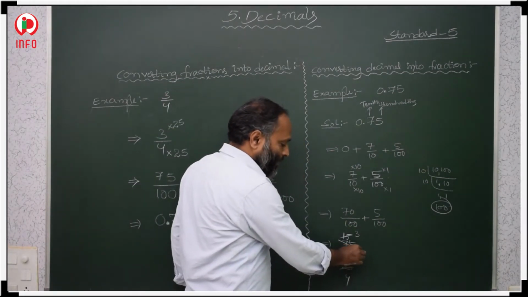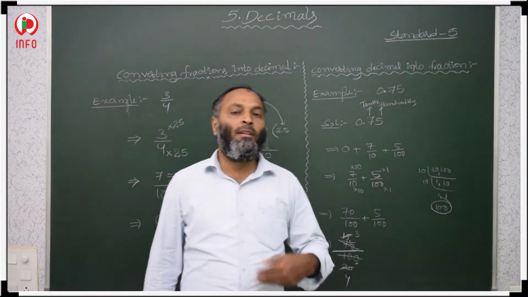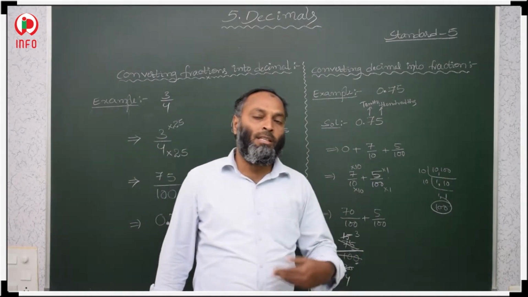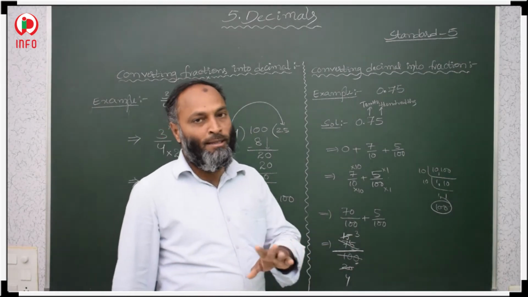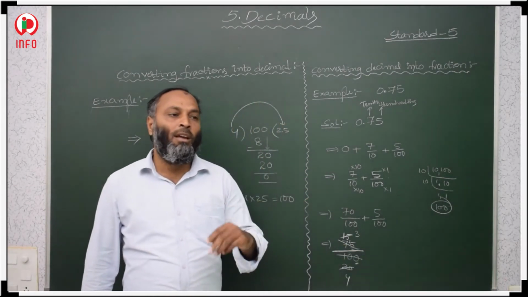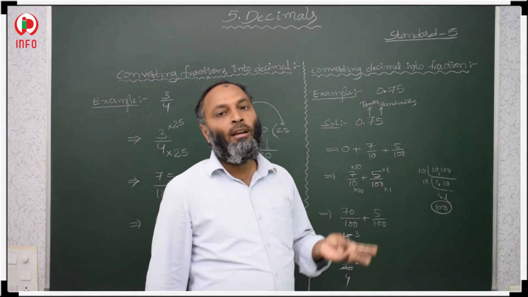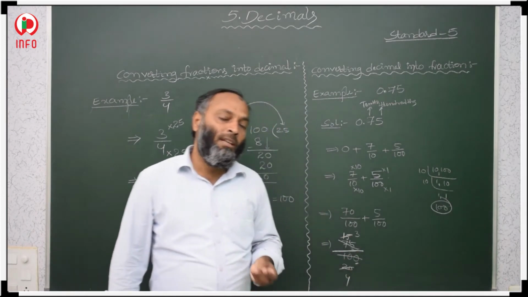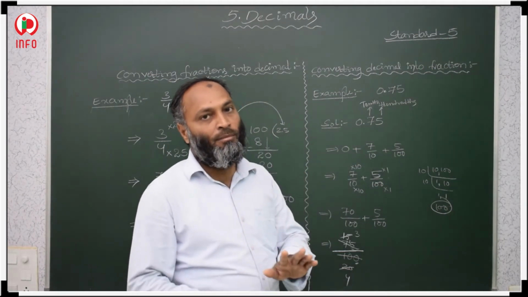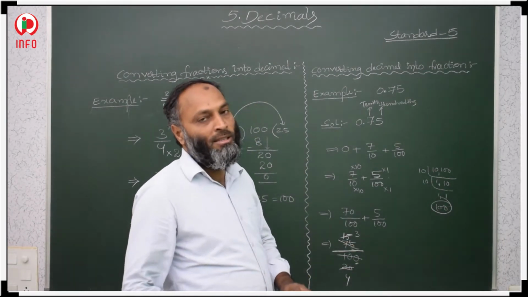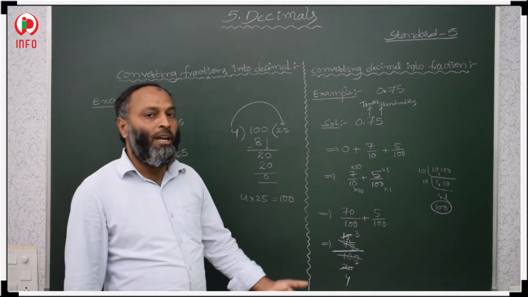3 and 2 are serial numbers, that is, consecutive numbers. Whenever consecutive numbers come, there is no cancellation, so we stop. Two consecutive numbers like 5 and 6, 12 and 13, 19 and 20, after that no cancellation is possible. We stop there because their only common factor is 1. No other common factor is there, so no need to cancel further.